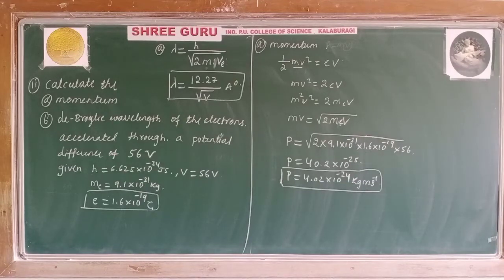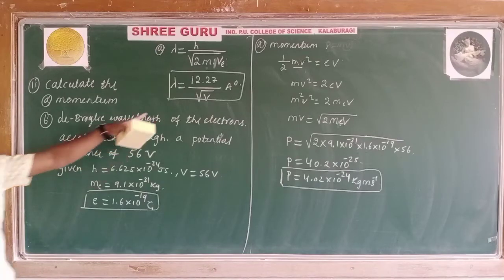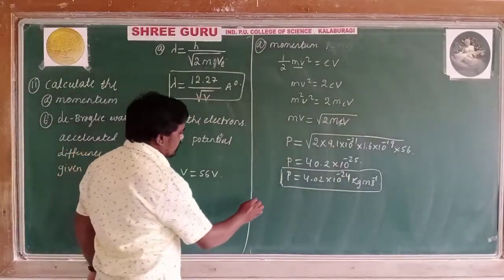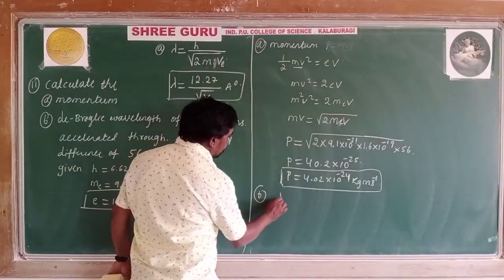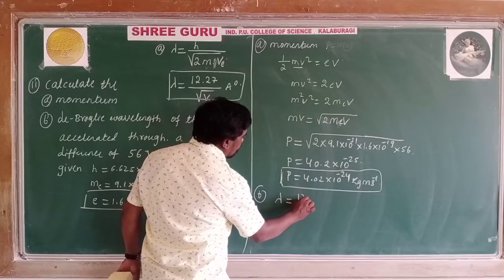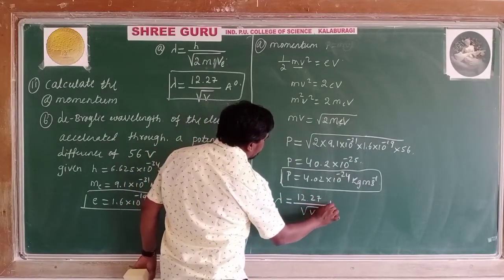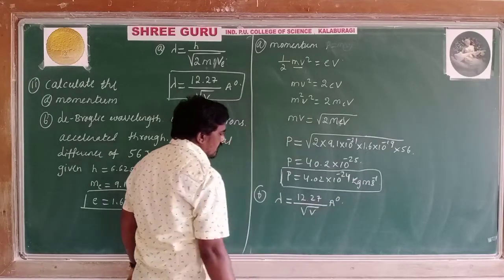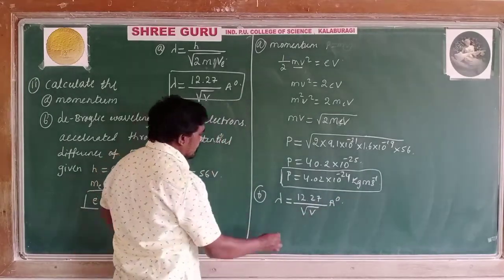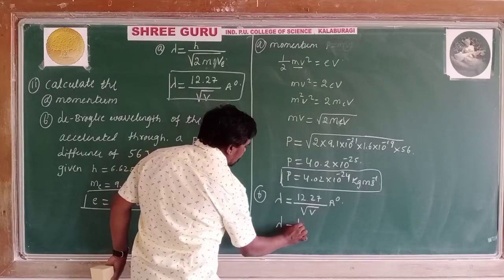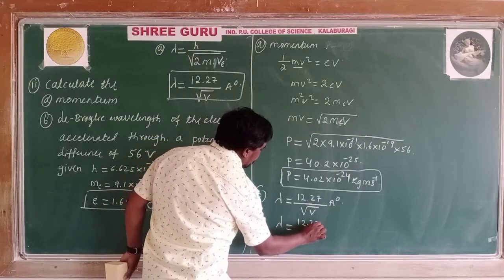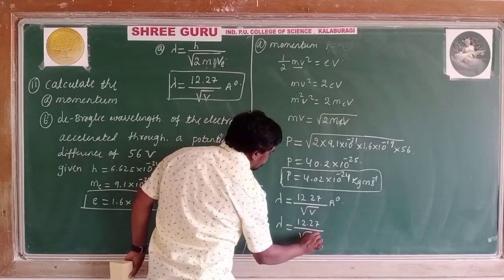This expression can also be used, with direct substitution of the potential V. We can use this formula: the de Broglie wavelength, lambda, is equal to 12.27 by under root of V in terms of angstrom. What is the potential difference? 56. Just substitute here: 12.27 under root of 56